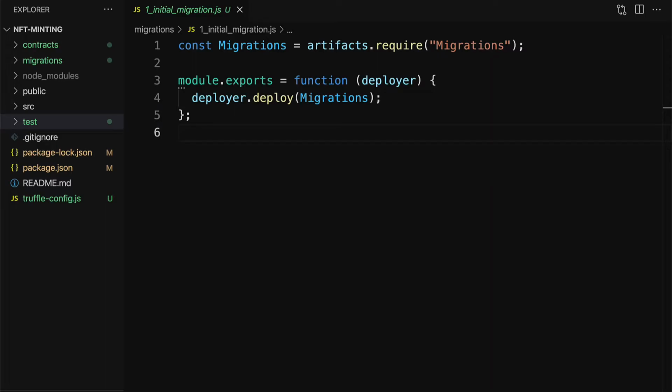In this lecture, we are continuing on in our project of building an NFT minting dapp with Truffle, Solidity, OpenZeppelin,